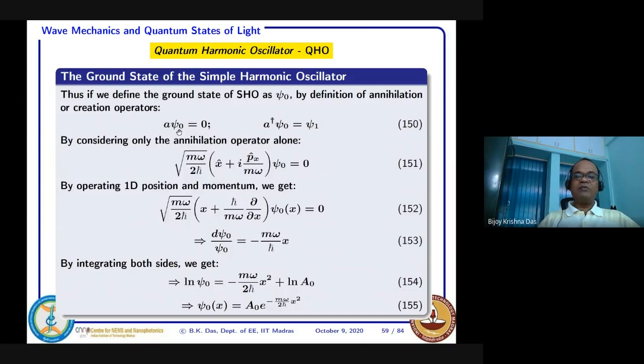So that is what you have to consider mathematically. That is a practical, feasible thing: if you operate on the ground state with A, you get nothing. Nothing means you put 0 mathematically. And again, if you operate with A dagger on psi naught, it is actually a raising operator. A dagger is called the raising operator. Then you are supposed to get psi 1, right? That is what we have seen earlier with the operator method, the Hamiltonian method.